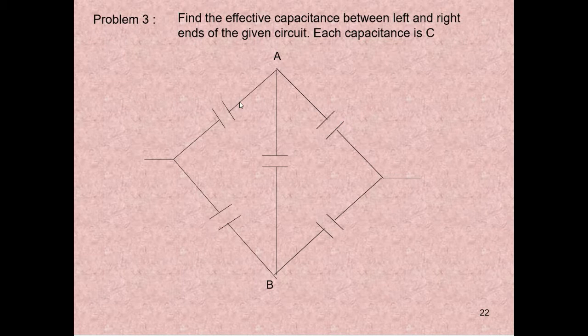Whether they are in series? No. These 2 are not in series because there is branching. These 2 are not in series because there is branching. Same thing on the lower side. So you cannot simply reduce it in series and parallel in this case. What generally they will do for higher level, they will apply several theorems and try to find out. But we have not learnt any theorems as such. We have only studied series and parallel.